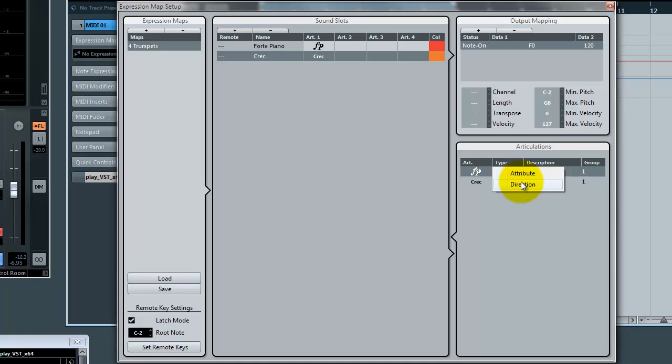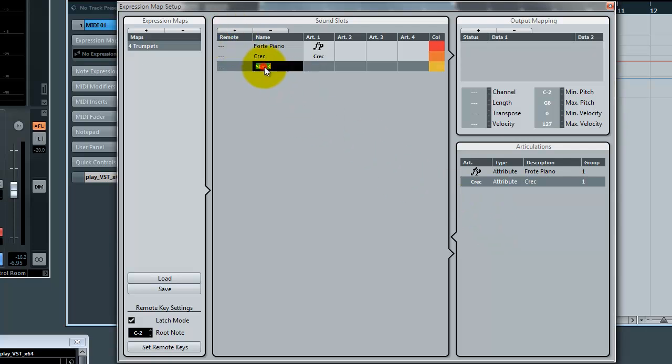But so here, in this case, I want to do my forte piano as an attribute and my crescendo as an attribute as well. So let me add one more here. I'm going to add sustain